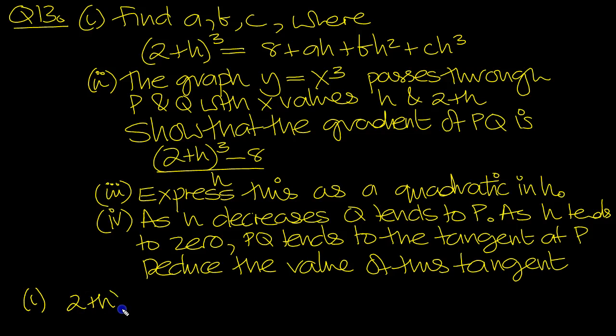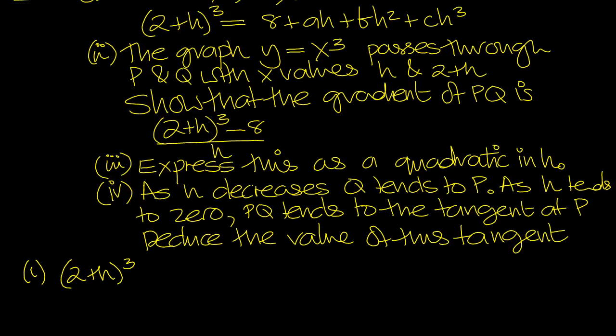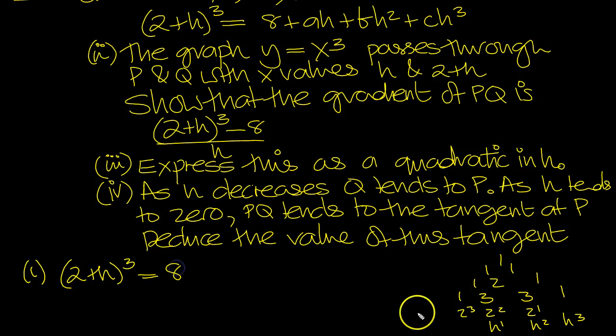2 plus h cubed. Let's use Pascal's triangle. So we'll do that then. 1, 1, 1, 1, 2, 1, 1, 3, 3, 1. There's the cube line. The 2 is the first term, so we do 2 cubed, 2 squared, 2 to the power 1. And we do h cubed in the reverse direction, h squared, and descend the powers. So these are the terms then. So that's equal to 2 cubed, which is 8,